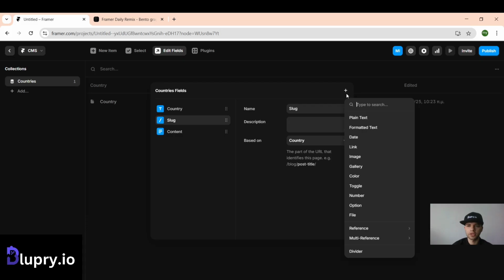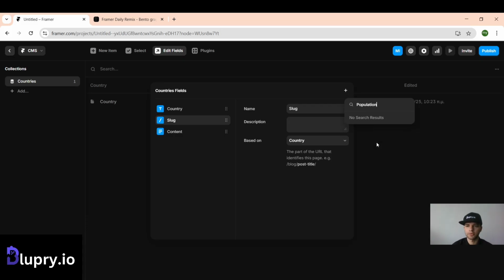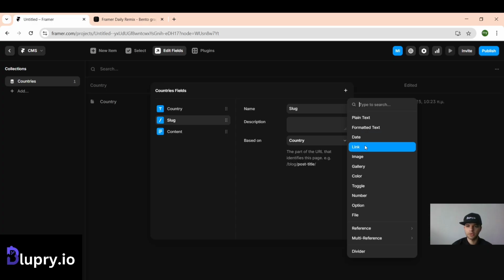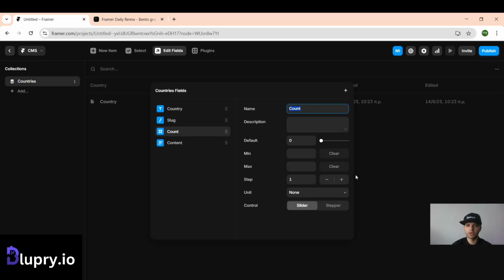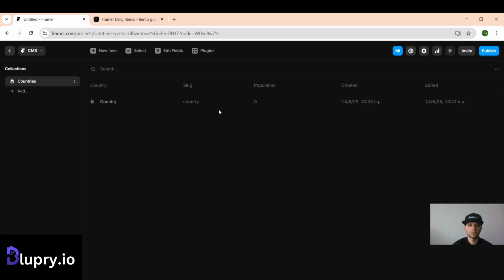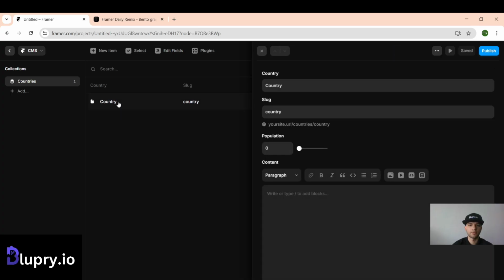We'll add the new field called population. That will be a number. Then we will start adding some countries.